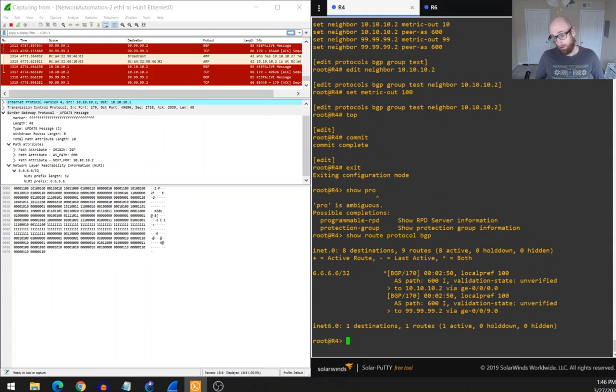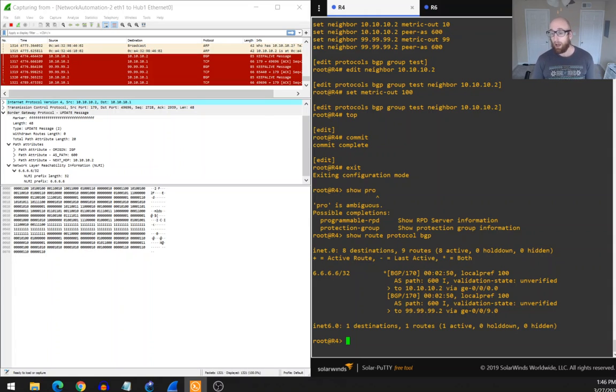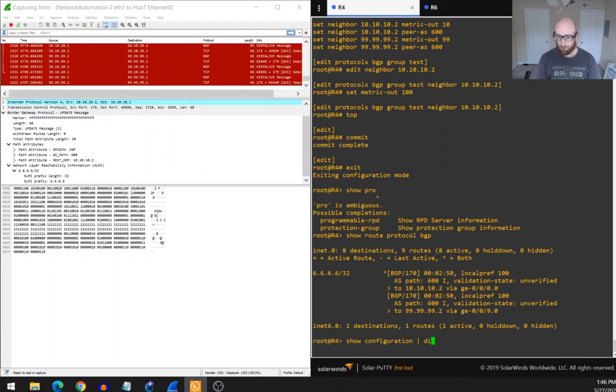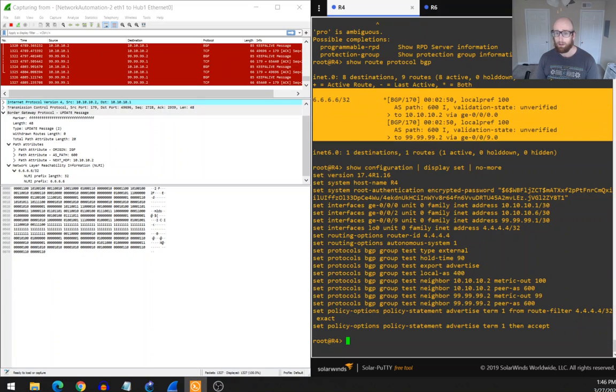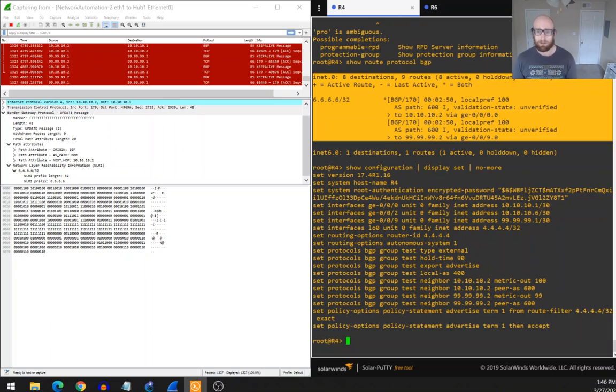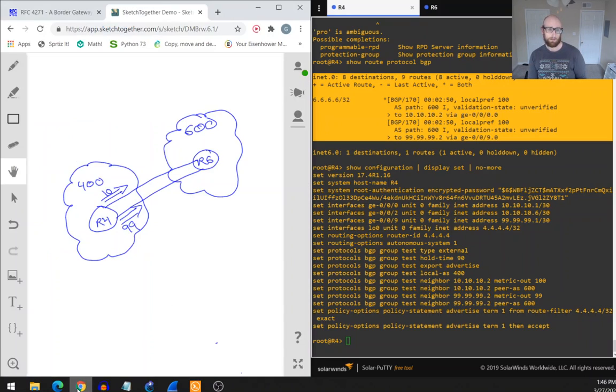Now that might seem weird because I configured a multi-exit discriminator value, so why don't I have any multi-exit discriminator values in my routing table? Let's take a look. So show configuration pipe display set pipe no more. There we go. I've got multi-exit discriminator values configured, but I don't see any in my routing table. What gives? Well, what you're doing when you configure a multi-exit discriminator,